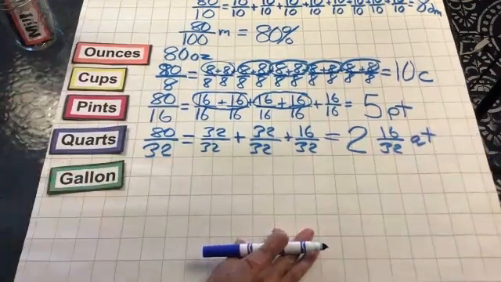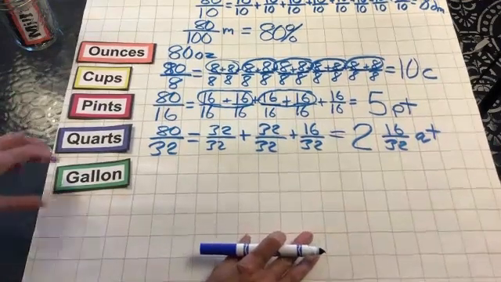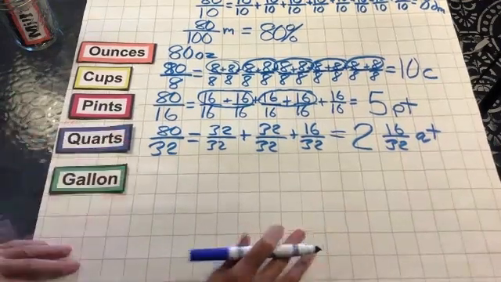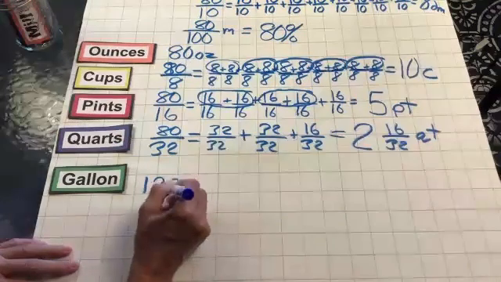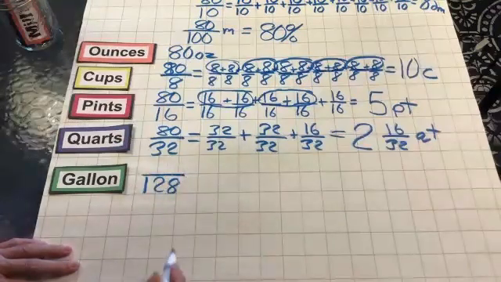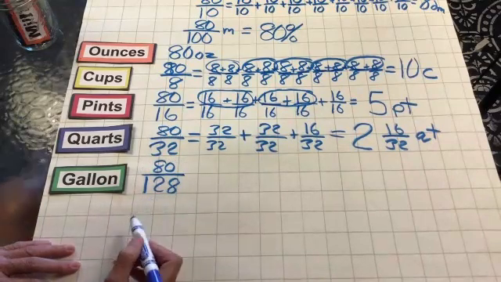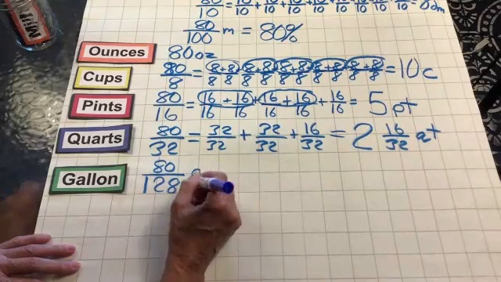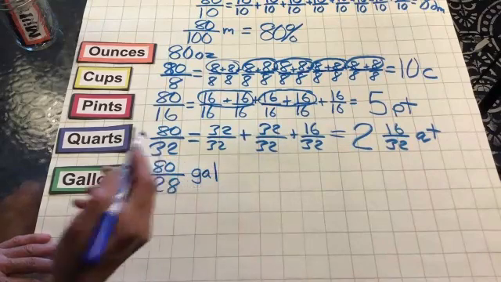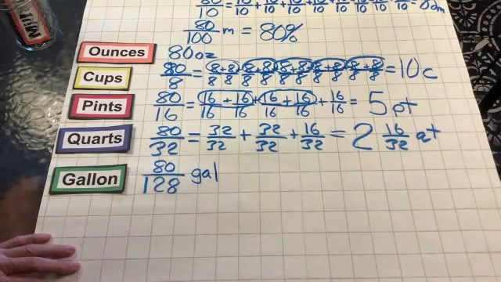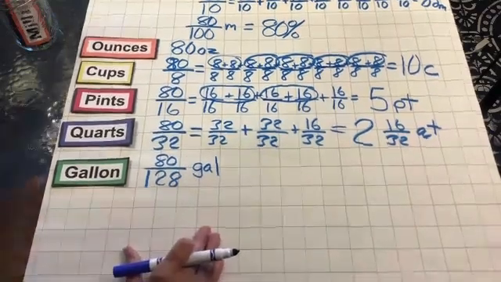Now, I'm going to make sure I've got everything on the screen here. I don't want to be writing and you can't see it. All right, it takes 128 ounces to make a gallon. We have 80, which isn't quite a whole gallon. So we just have the part. Fractions are part of a whole. So we have 80 128ths of a gallon. All right, we're going to move on to our